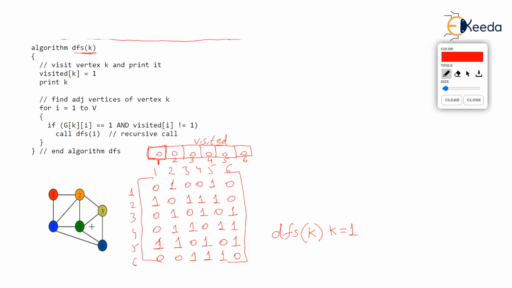Okay, let's enter the algorithm. The first two statements are quite straightforward. We print the vertex k. So we will be printing 1 because k is 1. And we also mark visited[1]. Notice k is 1, so visited[1] will be marked as 1. So the first element of visited is no more 0. It has been changed to 1. What that means is now we are claiming that vertex 1 is ticked. It is already printed. So at the output, you already have vertex 1 printed due to print k.